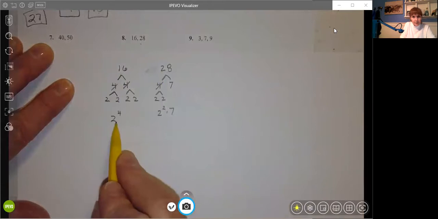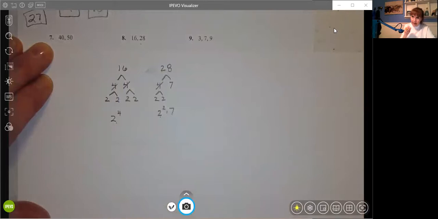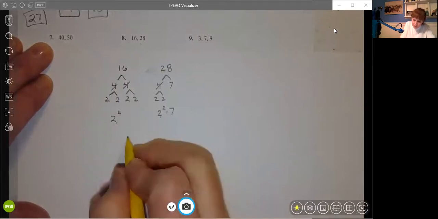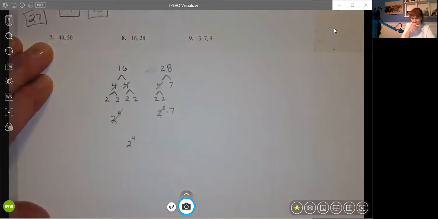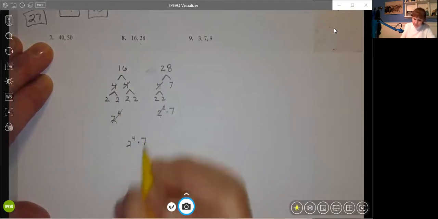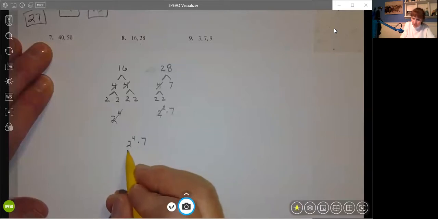Well, I have a 2 to the 4th. Okay, I have a 2 squared. You always use the largest exponent. So we will use 2 to the 4th, and that will take care of both of those. The only thing left is a 7. So our least common denominator is 2 to the 4th times 7. Be careful here that you don't write 8 for 2 to the 4th. Make sure you have 2 times 2 times 2 times 2, 4 times. So that gives you 16